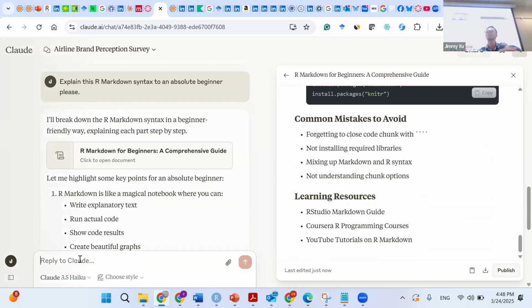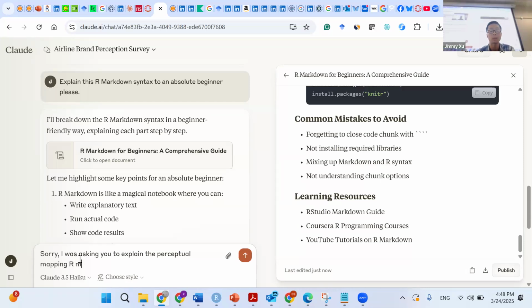So now I'm still not happy with its explanation. So sorry, I was asking you to explain the perceptual mapping R Markdown document you created minutes ago.